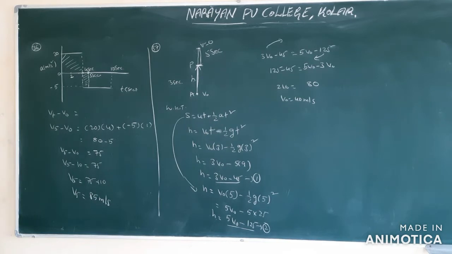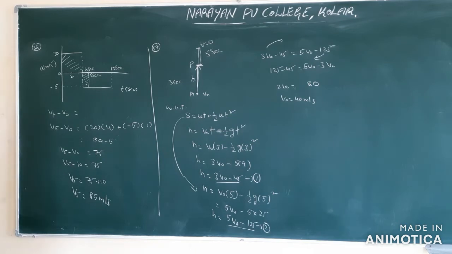Which option now? Third option. Next, in the previous problem, question number 38, they are asking the value of h and the maximum height attained by the water. They ask two physical quantities there, the value of height and maximum height. But in the options they gave only the maximum height. Therefore, I am giving only the maximum height option. They didn't give the value of h.